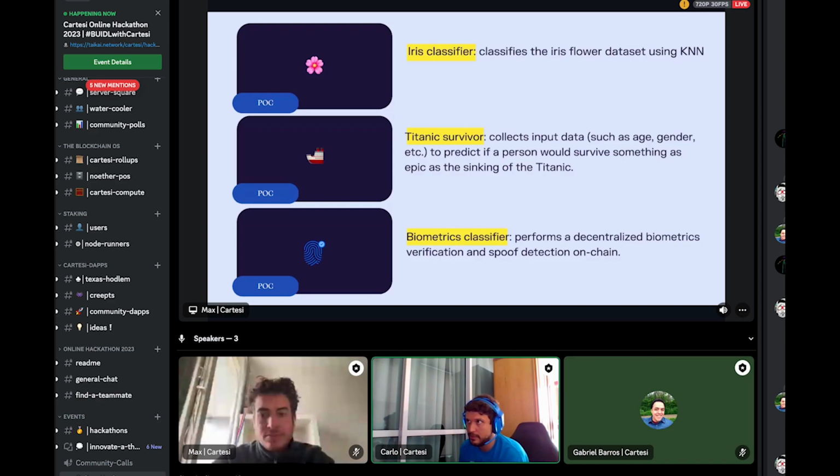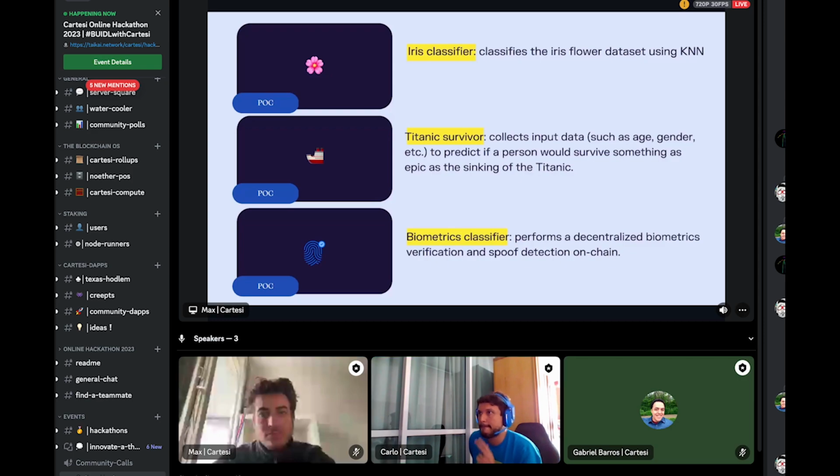In this one, it was a bit different. What he did is he trained a model using scikit-learn, and then exported this model to pure Python code using a library called m2cgen. And he runs this model inside the Cartesi machine. So this one is a